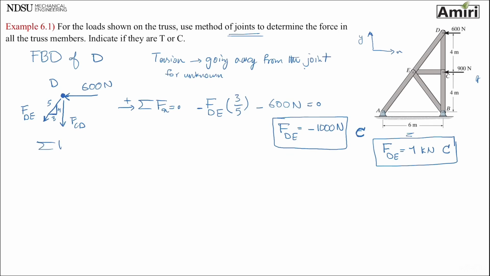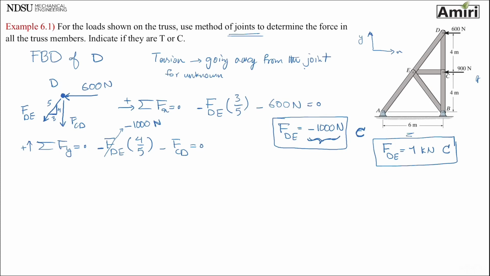Okay. Second equation that I have, summation of forces in Y equals 0. I start with FDE. Y component of it is 4 over 5. It's pointing down, so it's negative. Minus FCD equals 0. FDE, I found it to be minus 1000 newtons. That's important. When you want to substitute it in the next equation, you have to put everything with the minus sign in it, okay? Because remember,